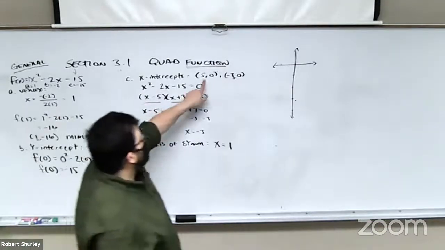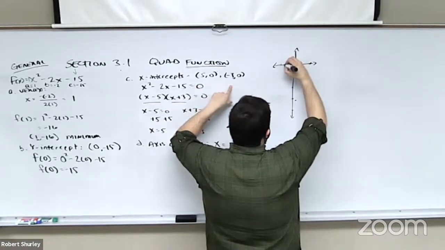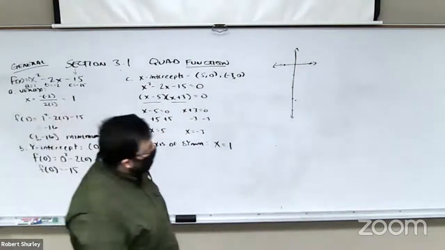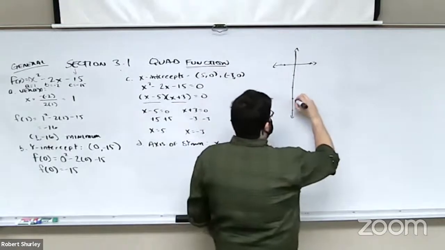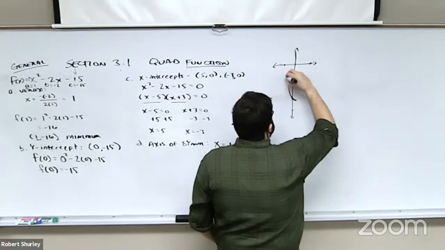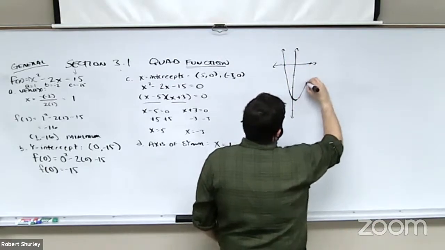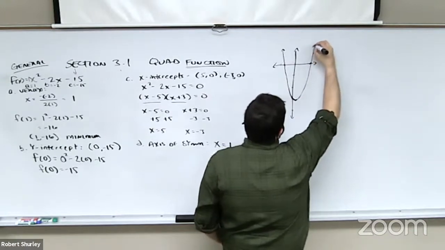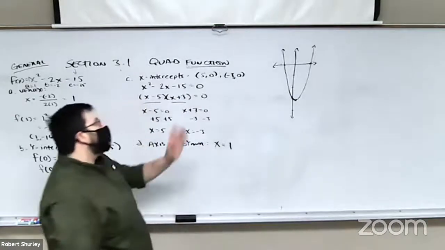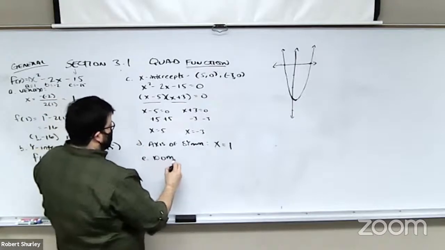Now, my x-intercepts are 5 and negative 3. Negative 3 is about right there, right? And 5. Hey, you know, these all look like they go together. If this is the minimum, we notice that parabolic shape, that U shape, looks something like this, right? It's not perfect, but that's okay. From this, I can get the domain and range. Domain, you guessed it,